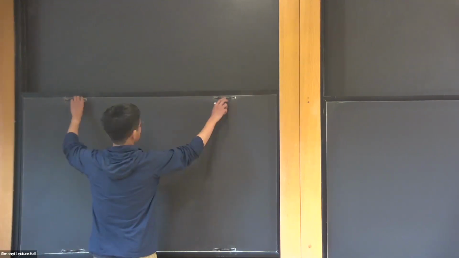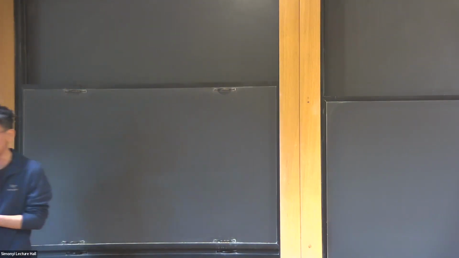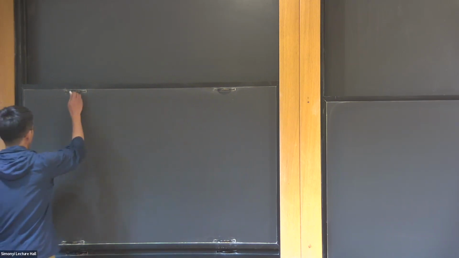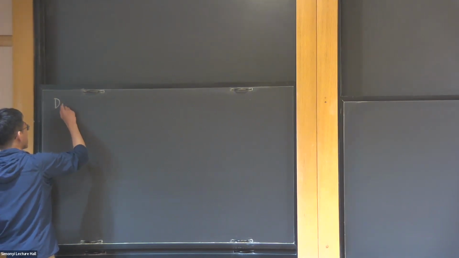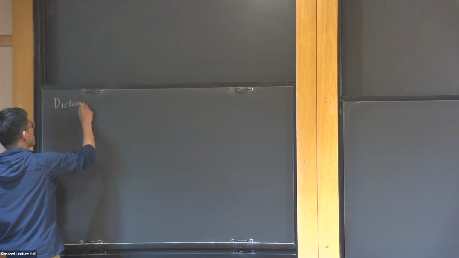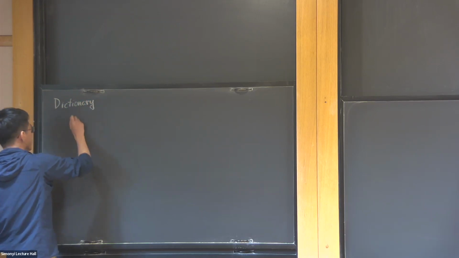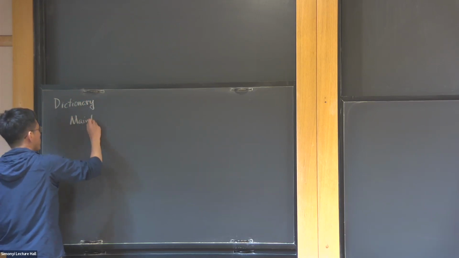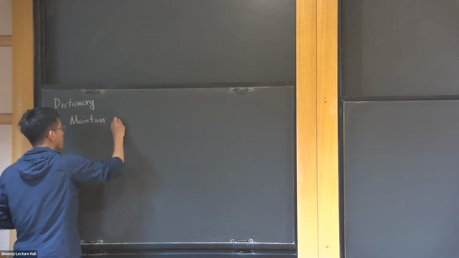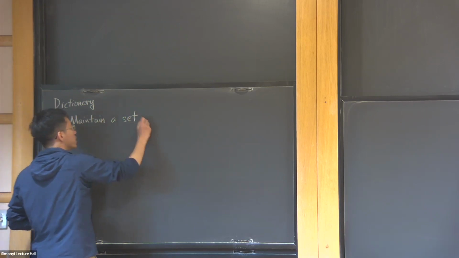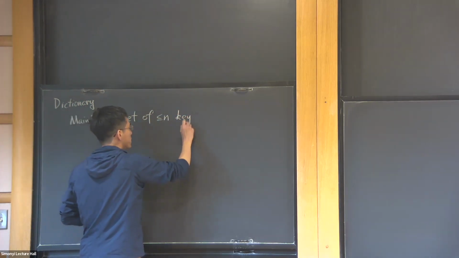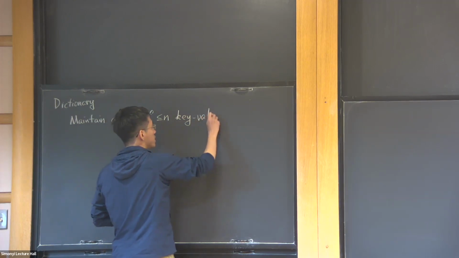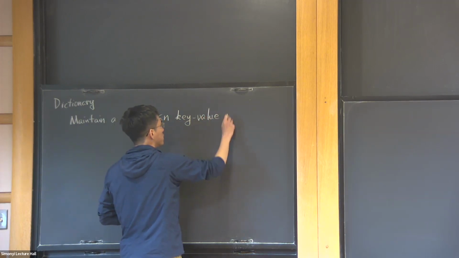The data structure problem that I'm going to focus on today is called the dynamic dictionary, which is probably one of the most basic data structure problems. So what is the dictionary problem? We would like to design a data structure that maintains a set of key-value pairs, let's say a set of at most n key-value pairs with distinct keys